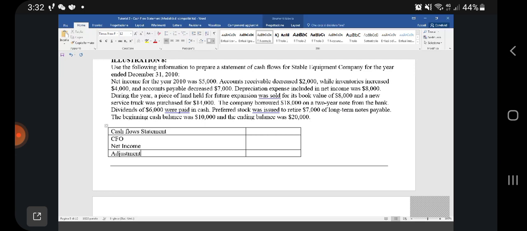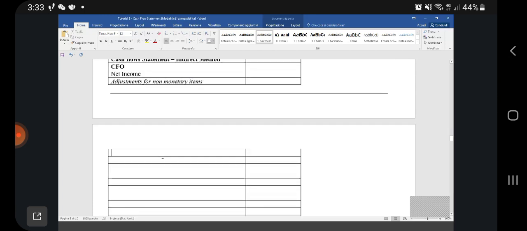To prepare the cash flow statement, I'm starting with the first section, cash flows from operations. It is very obvious that the only method I can use here is the indirect method. The other one I cannot use for the moment. So we start with the net income, and first we apply the adjustments for non-monetary items. I'm leaving that to you to identify, 1, 2, or 3. And then we apply the second kind of adjustment, which is